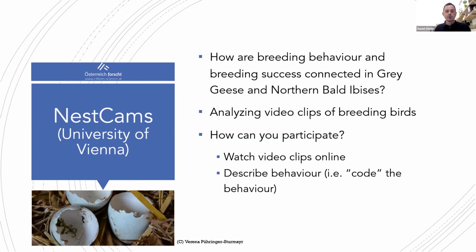Citizen scientists then could watch the video clips online and describe the behavior they could see in the videos. In behavioral science, this is called coding. So they coded the behavior. The most common behaviors were already given on the website, so you could just choose, if you see a very common behavior, which one of the common behaviors you saw on the video clip. If you saw a very uncommon behavior or new behavior, you could describe this with your own words. In just a little bit over a year, the project could analyze more than 40,000 video clips, which is very impressive.